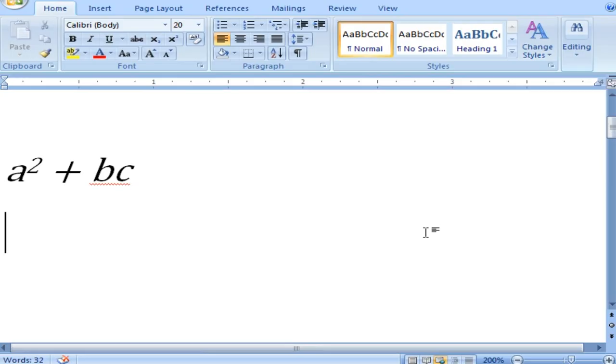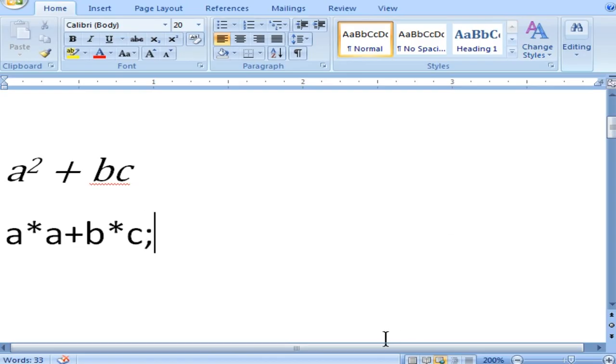You should be aware of the BODMAS rule, so that it will be easy for you to solve it. Here it's straightforward: a into a plus b into c. According to the BODMAS rule, the asterisk has higher precedence than the plus sign. So a into a will work first, then b into c, and then finally it will add both the terms. And since it is a Java expression, you have to end it with a semicolon.